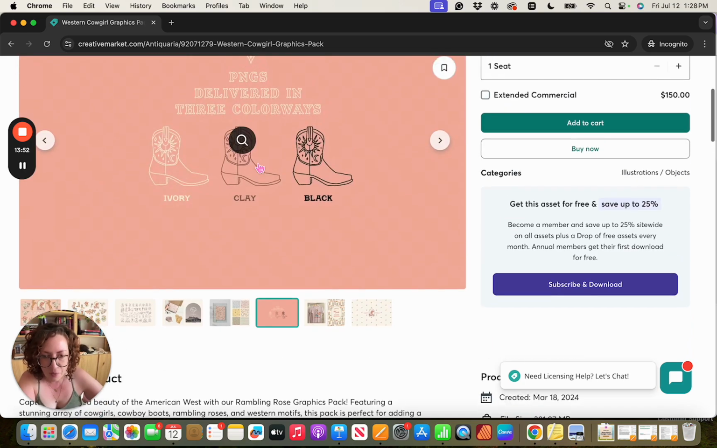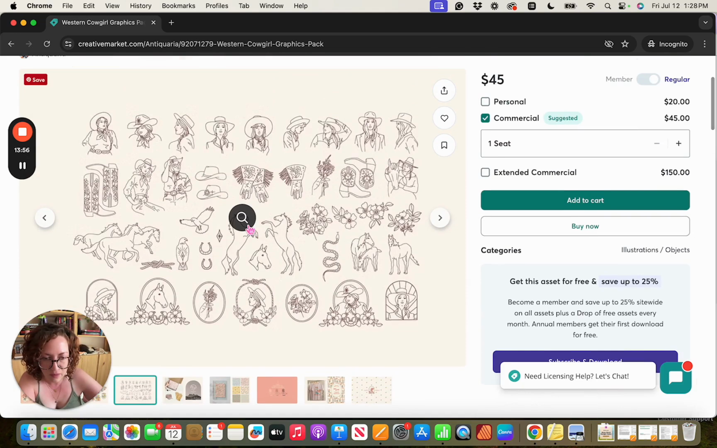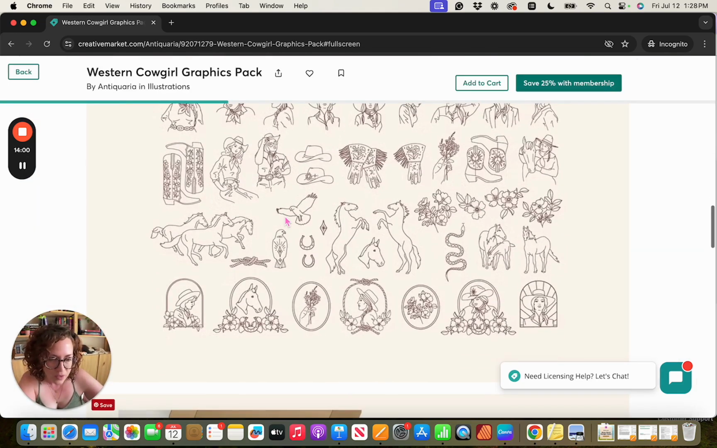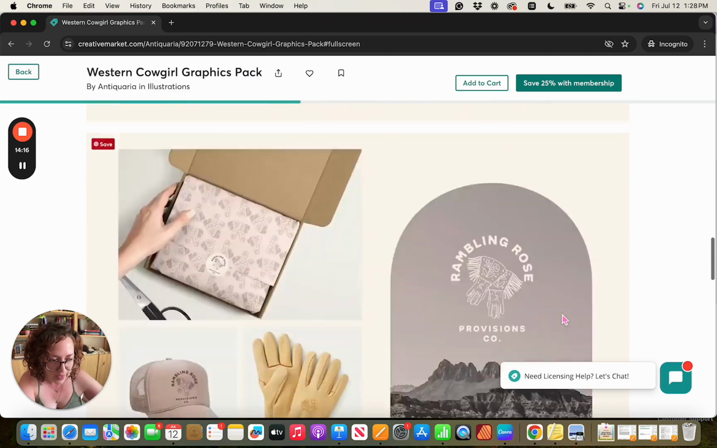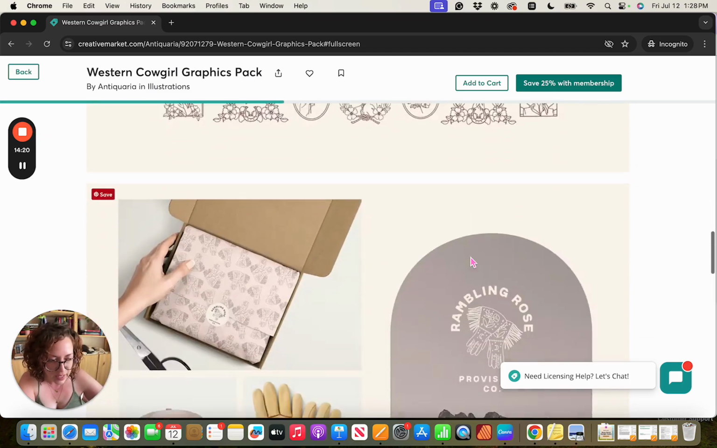So I'm not 100% sold on all of the colors, but I just really love this art here. So you can see that we have the cowgirls with flowers, which is kind of the little bit dainty look that I was going for. This would look really great on a planner cover. Then we have the cowgirl boots, the little bouquets, and I just really like that it's that clay brown color